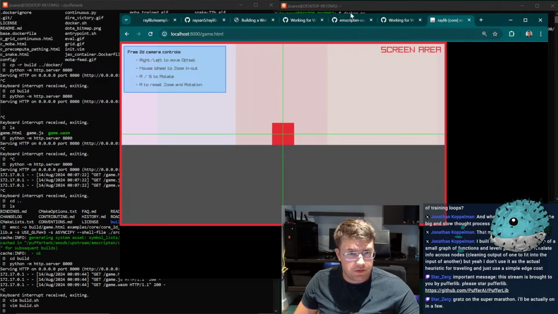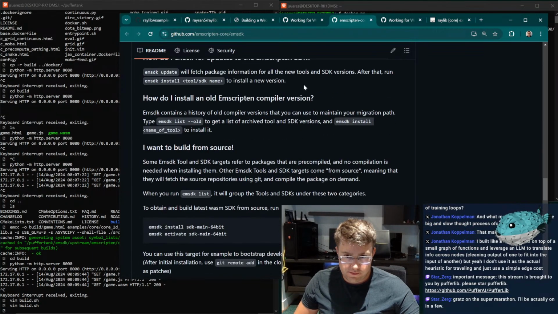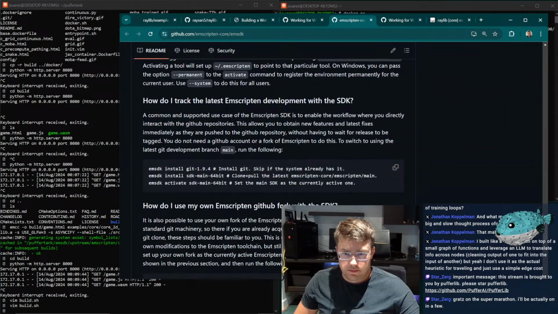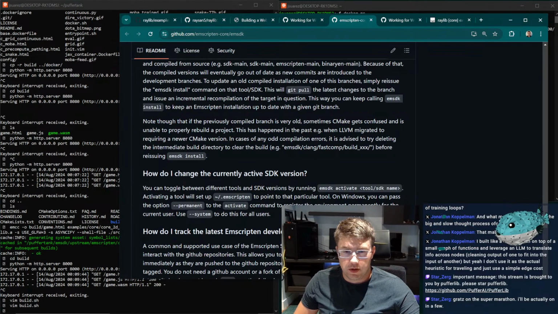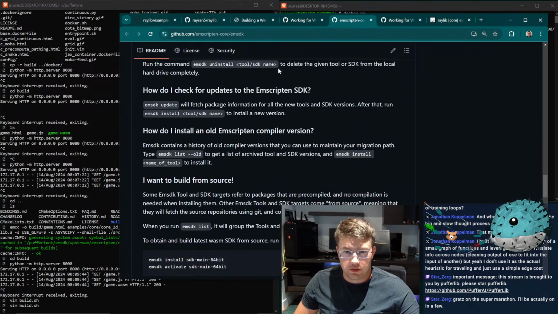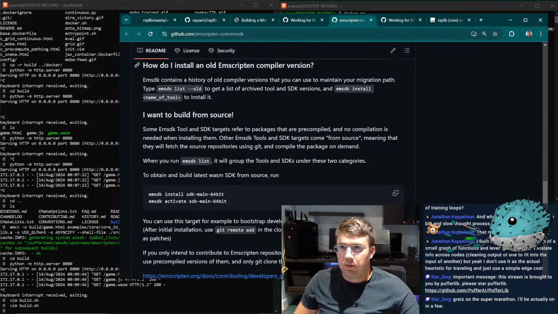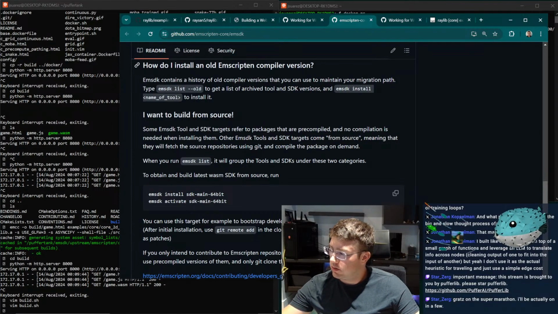So let me think about this. I'm just going to type a bunch of really stupid questions into GPT in order to figure out what the hell's going on here. Because I don't understand. The thing I don't understand is we wrote this in C to compile to WASM to run on the web. But for some reason, we still need Python and Node somewhere in here. Doesn't that defeat the point?